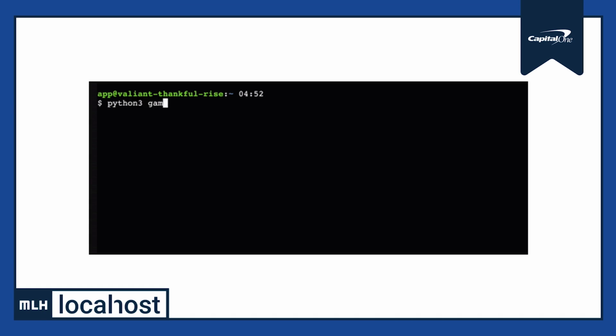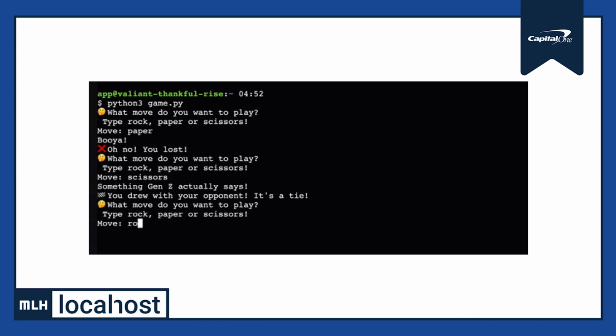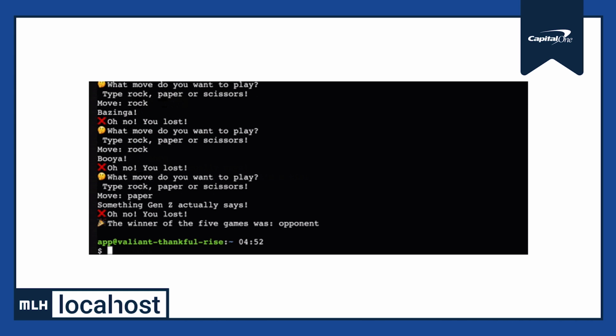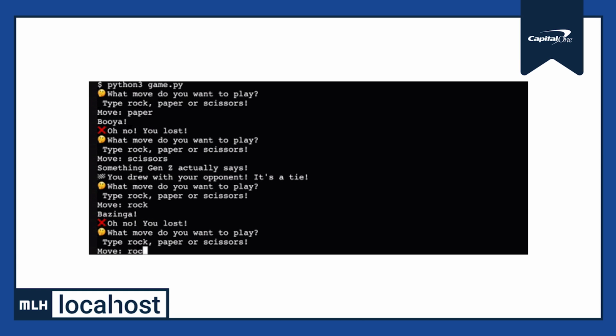Awesome. It's important to periodically test your code to make sure stuff's still working. So hop back into your console, type python3 game.py and make sure things are working. If they are, hopefully you should see something a little bit like this. Your game is slightly less predictable than it was before, isn't it?